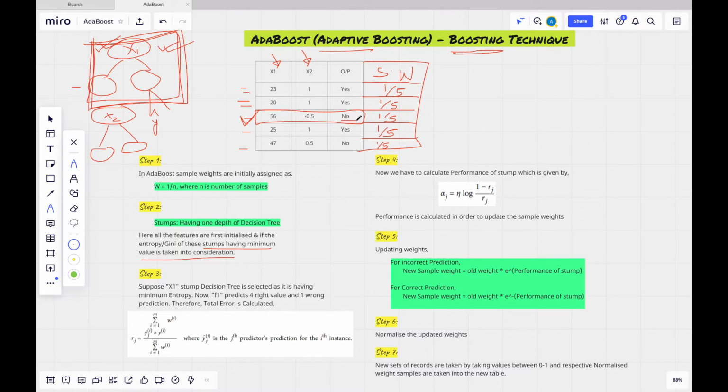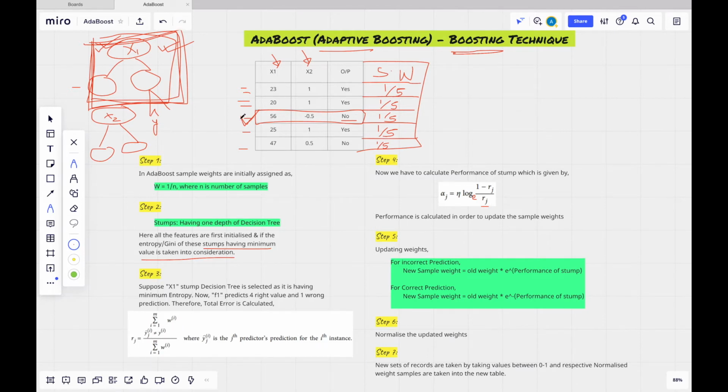Now we will see the performance of the stump that we have created. In order to calculate the performance of the stump, there is a formula: alpha j is equal to eta log of (1 minus rj) upon rj. Here it is log to the base e. rj we have calculated over here.